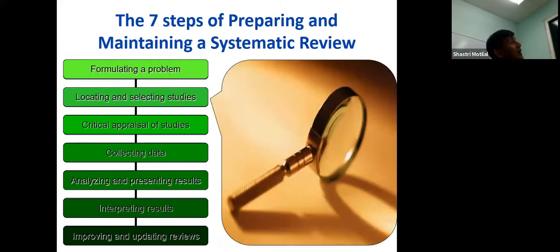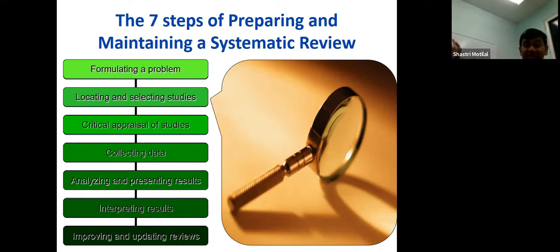Second step, locate studies. Suppose I told you we want to really figure out if omega 3, 6, and 9 fish oils, fatty acids, really make a difference for heart disease. And I tell you, go and find all the randomized controlled trials that looked at fish oils and heart disease. How do you search? How will you find them? PubMed. So you search PubMed.